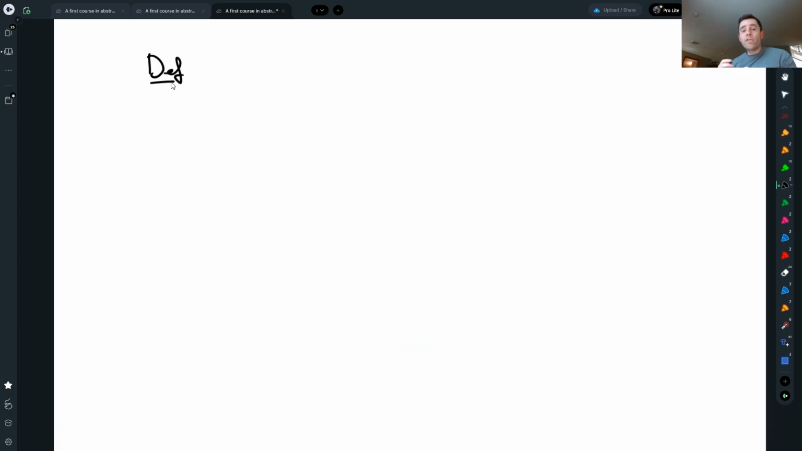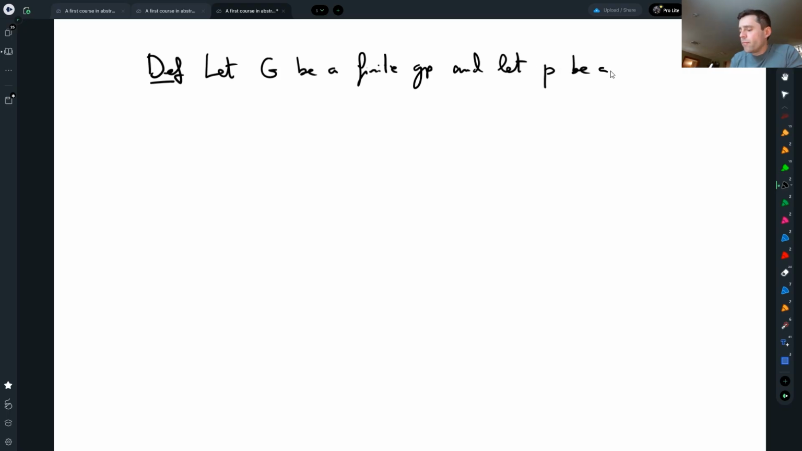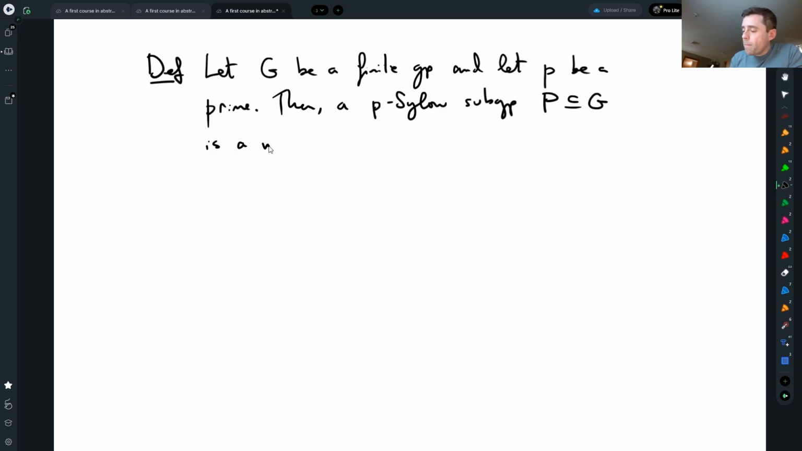Remember the definition of Sylow subgroup, of P-Sylow subgroup. Let G be a finite group and let P be a prime. Then a P-Sylow subgroup, let's say P of G, is a maximal P subgroup of G. Equivalently,